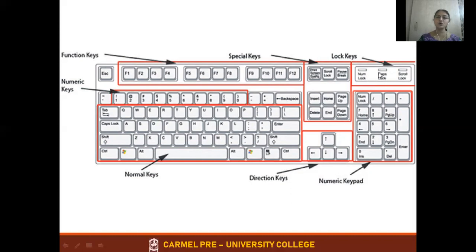If you want the whole paragraph to be typed in capital letters, where is that caps lock key? It is here, on the left side of the keyboard. Once we press that, whatever you type, you will get in capital letters. If you press this, the light will glow here. Again you press, that gets off. If it is on, you will get capital letters. It is like that. Okay, about the keyboard and practicality,